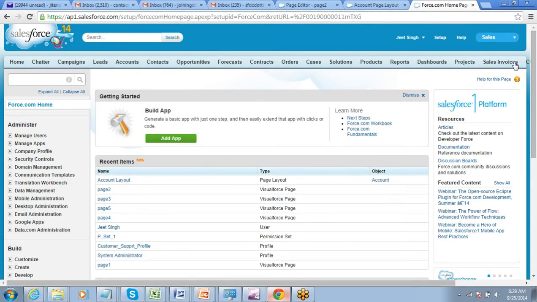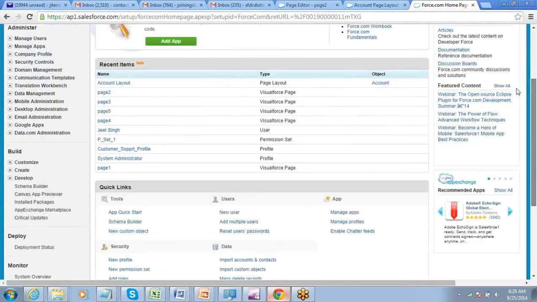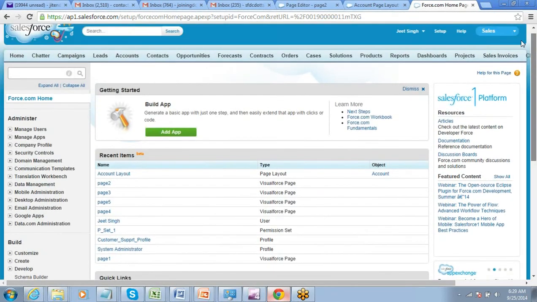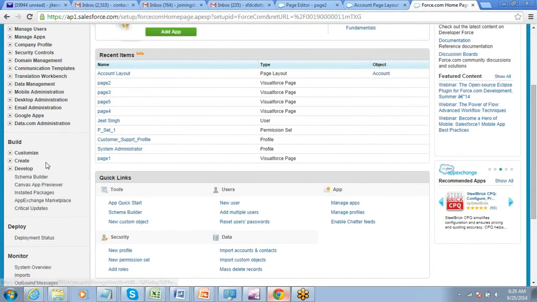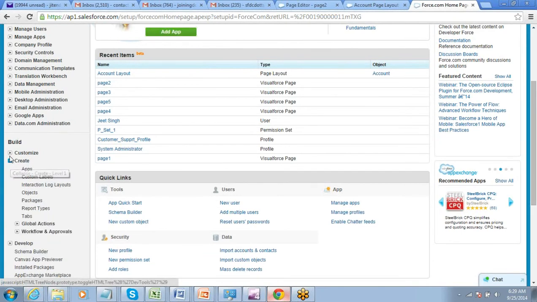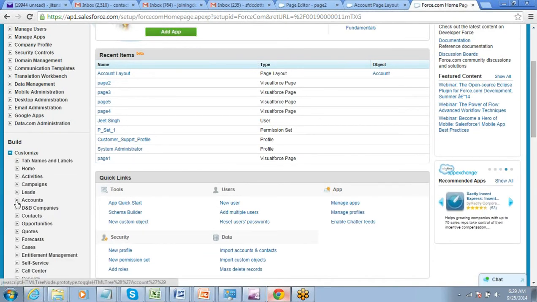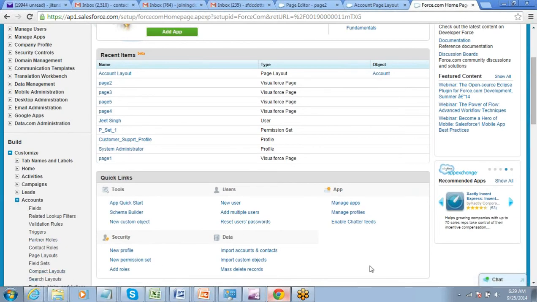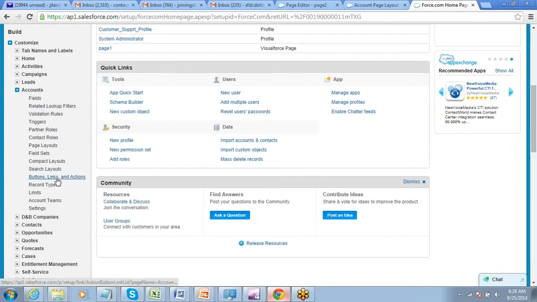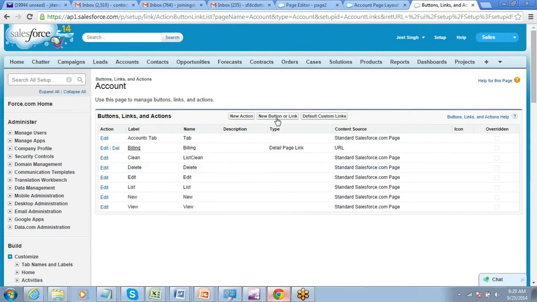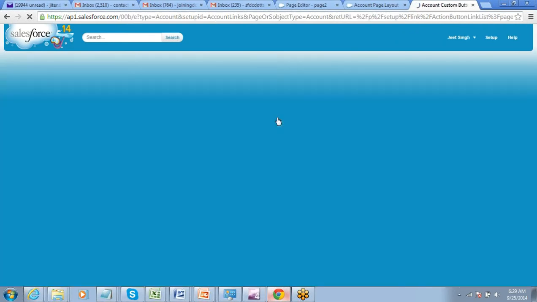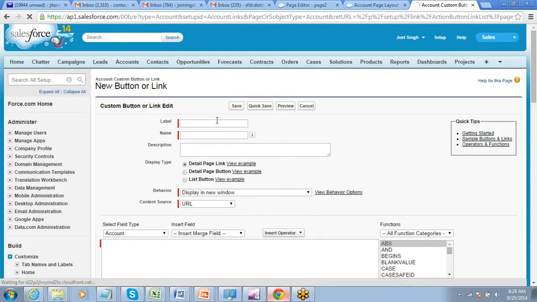So for creating the button, let's say we have setup, create, customize, accounts. You can go and click and create a new button. Okay, create a new button which will take you to the Visualforce page.